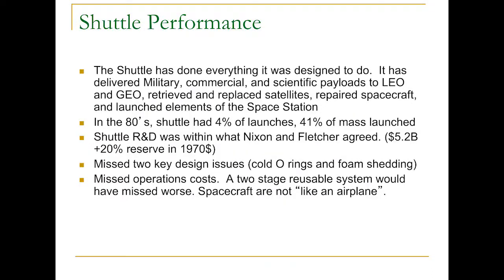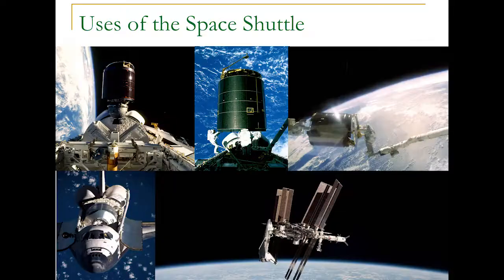Okay, shuttle performance is great. Shuttle's done everything it was designed to do, and probably a few more things we didn't think of at the time. It's put military devices in orbit, commercial devices in orbit, scientific payloads, all to LEO, with solids that we brought along. It's taken stuff to the